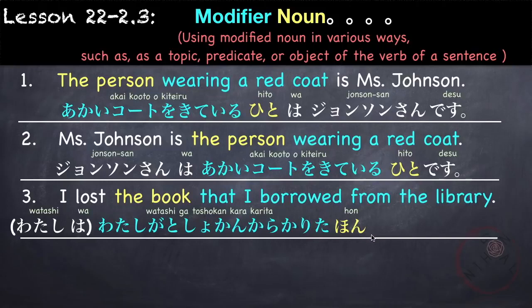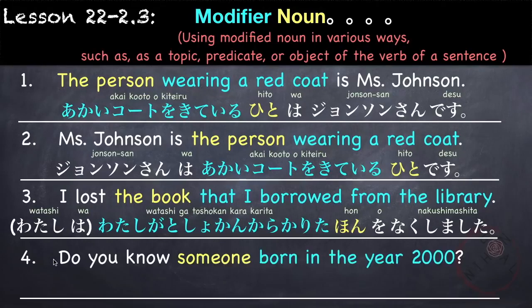Since this is the object of the verb, we're going to use the particle o. And then our verb lost, which is なくしました。私が図書館から借りた本をなくしました。